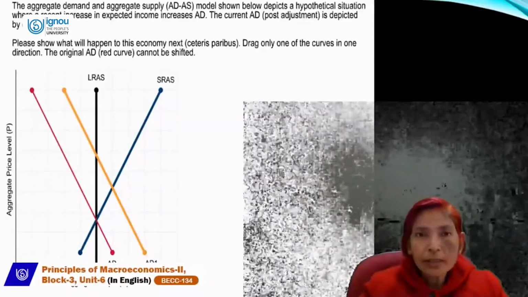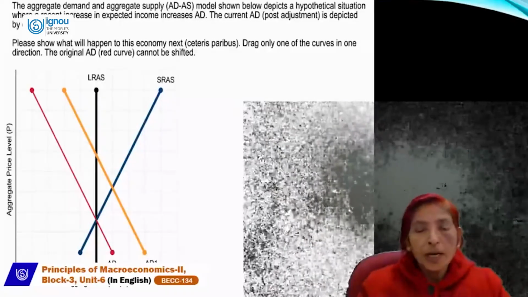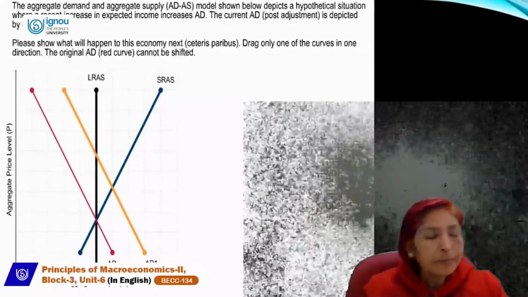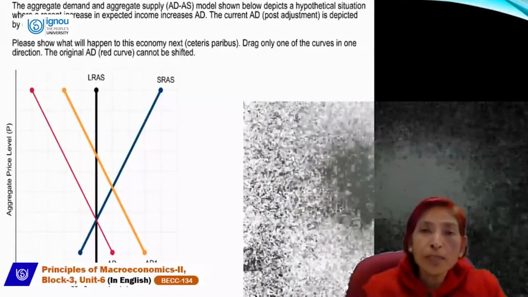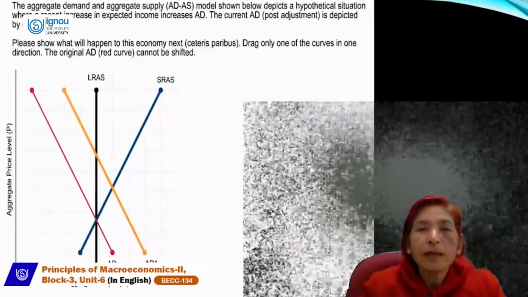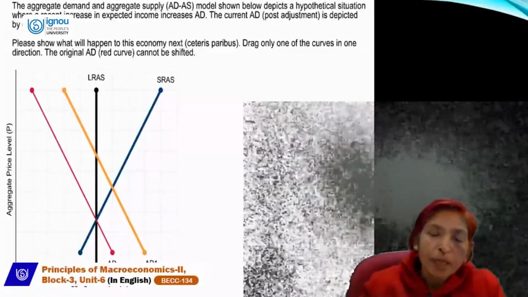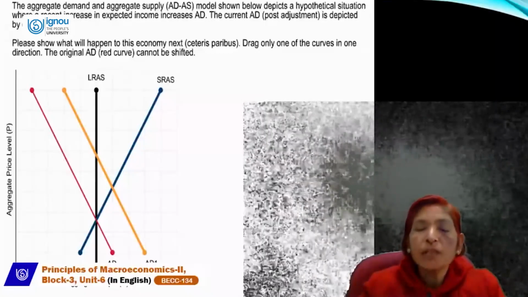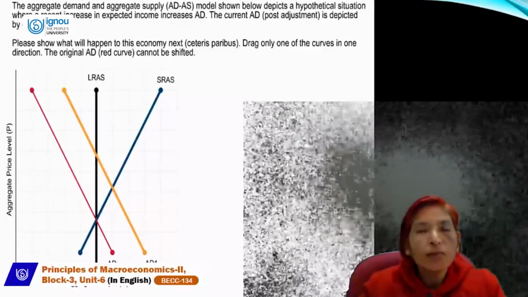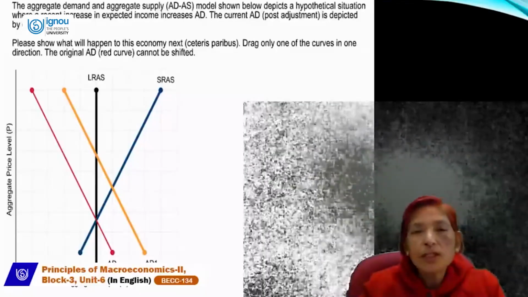Direct taxes are those taxes which can't be shifted, and the burden of direct taxes falls on the same person who is paying that tax. And indirect taxes are those taxes in which the first burden of tax falls on the producer and the last burden falls on consumers who buy goods and services. Indirect tax burden can be shifted, but direct tax burden, like income tax, gift tax, wealth tax, property tax, house tax, can't be shifted.